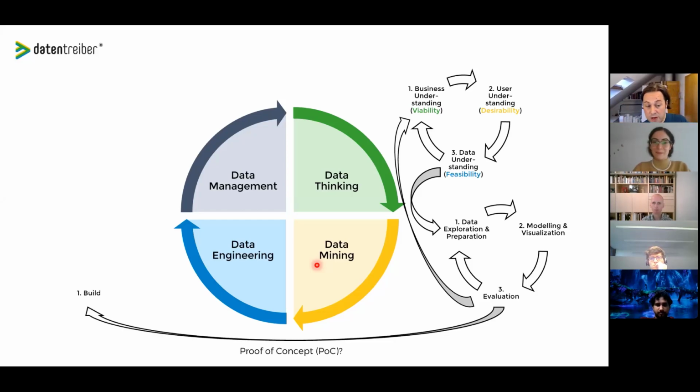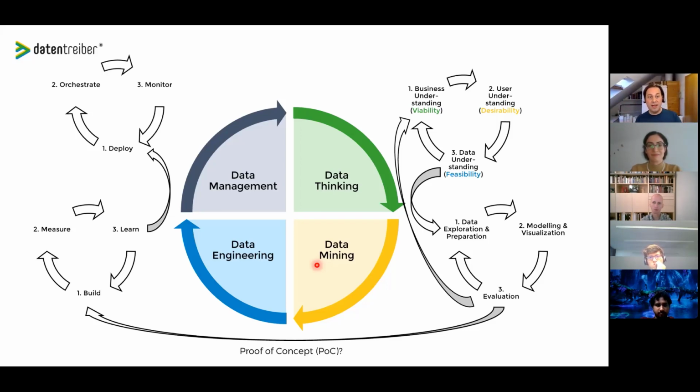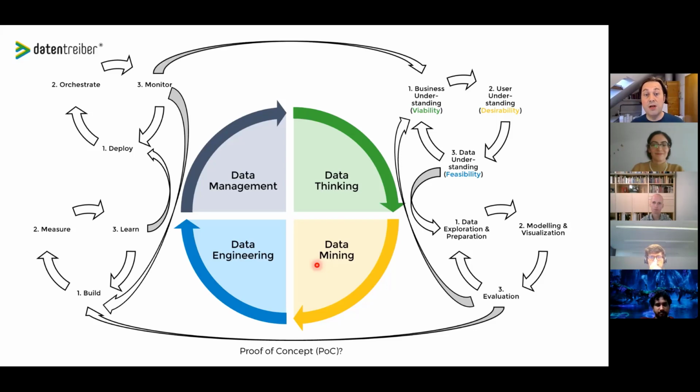And once you got your proof of concept, then you start building your data product. You also have to measure whether this data product really works, is used by the users. You have to learn how to change it. And when it's deployed, you also have to orchestrate it together with other data products, because often you have those data and analytic pipelines that can become very, very complex. And you have to monitor all the incoming data, but also the outgoing data, so the predictions, information. You have to monitor your model performance, whether it fluctuates or goes down. And maybe you have to rebuild or adapt your solution,